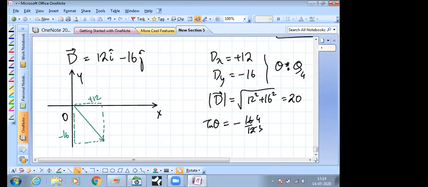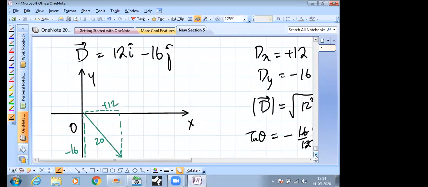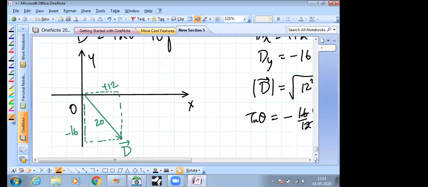So this is our vector D. It has a magnitude, the hypotenuse of 12 and 16, which is 20. Now, instead of doing all this lengthy trigonometry, you can just understand in the diagram here that if we concentrate on this right angle triangle, it is a 3, 4, 5 type of triangle, and you will be able to figure out that if you express this angle, for example, as alpha,